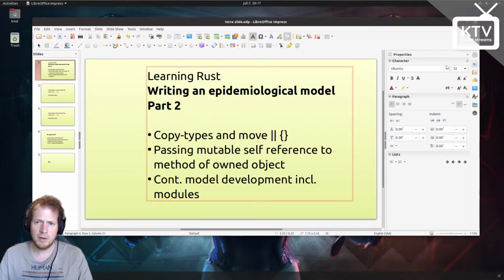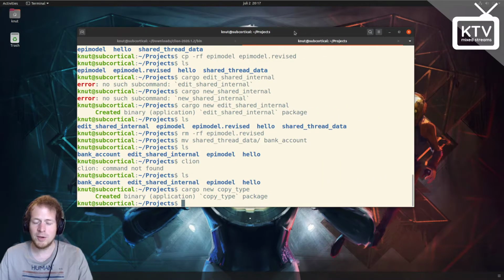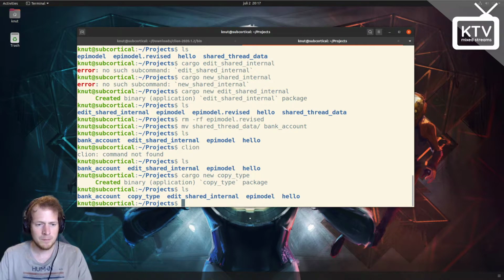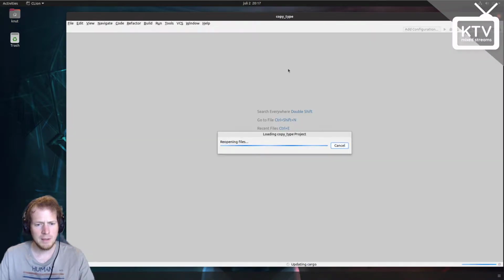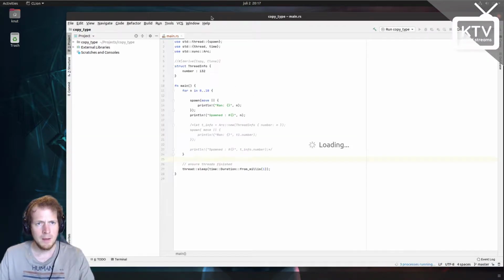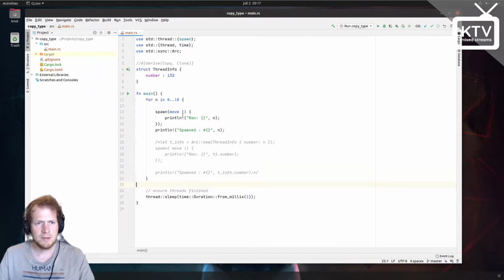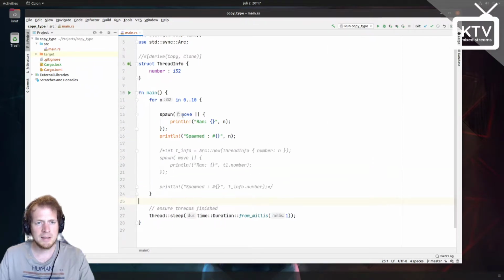In the beginning of the first stream, I had this thing that made me wonder, so I'll show the example. We have one thing here called copy type, so we're going to start CLion, which is the IDE I'm using for these things. Okay, so in the previous stream, I was surprised that if I had an iterator in this case,